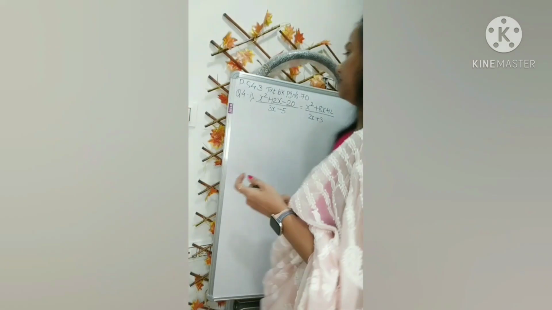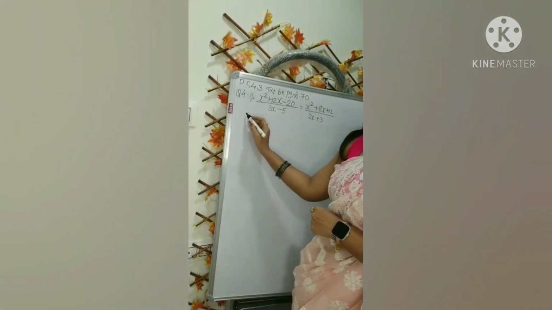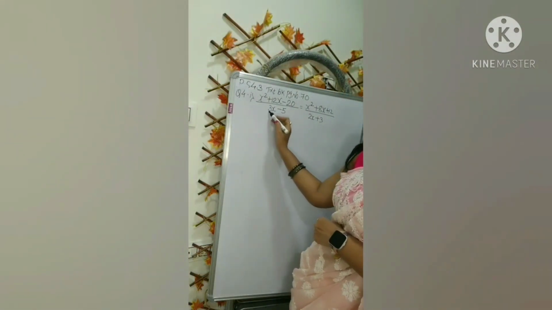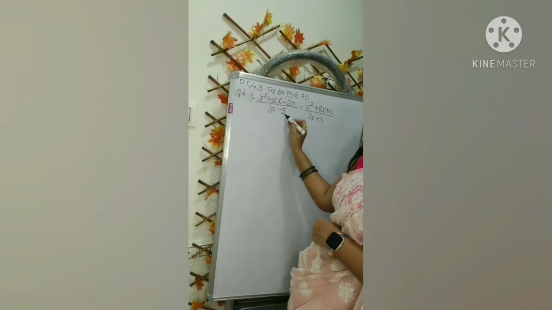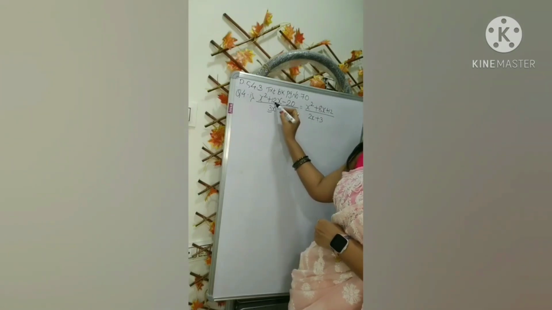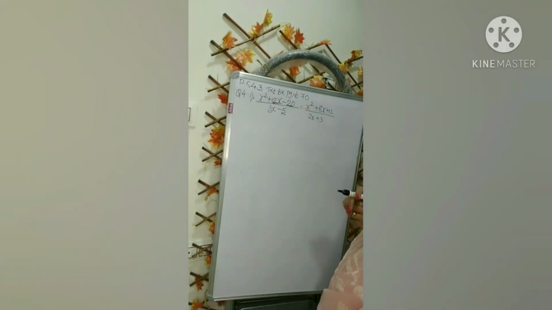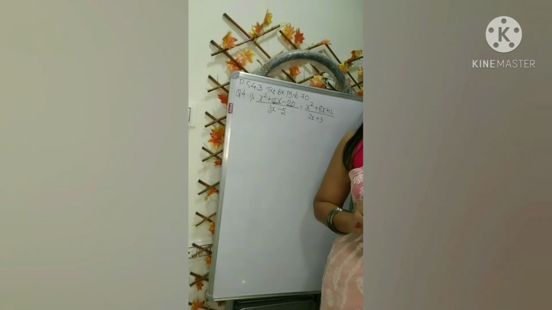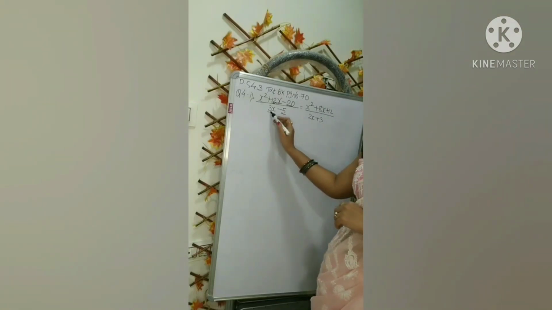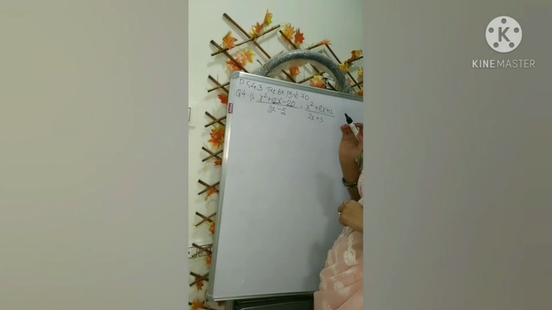Okay, let's start. So here, what am I supposed to do here? If you pay attention at 3 and 5 as well as 12 and 20, 12, 3, 5, 20, they all share a common multiple. And what's that common multiple? It's 4. If I multiply 3 with 4, I get 12. Similarly, if I multiply 5 with 4, I get 20.